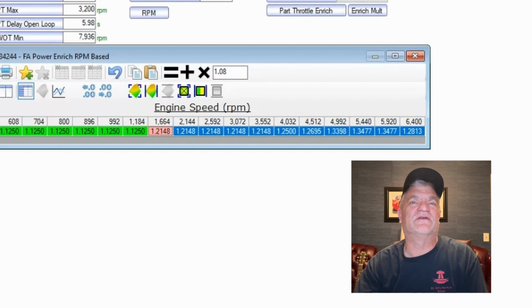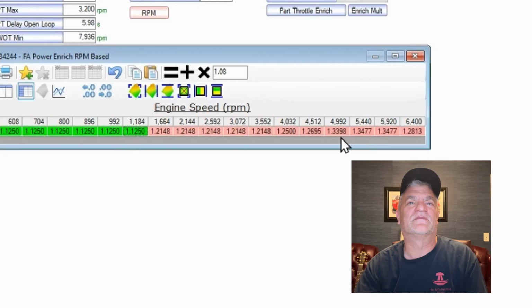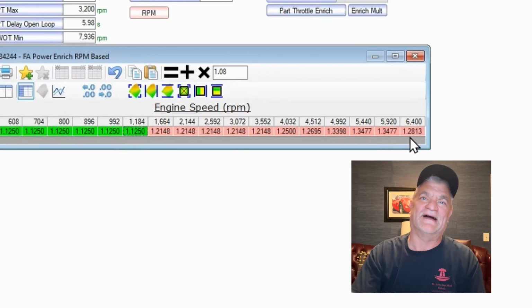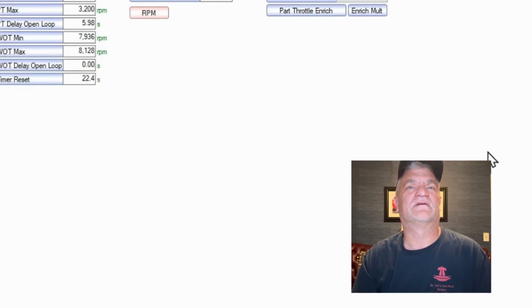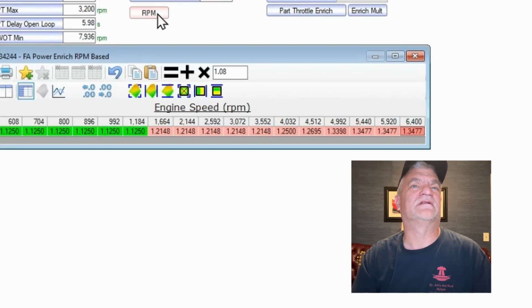All right, and then you would notice here, let me go back into it, that these last measurements, they go higher, and then at the end they taper off. I don't really like that, so what we do is we take the last highest number, and we copy that, and we paste that into that final box. All right, and then it looks like that, and that's beautiful. Okay,